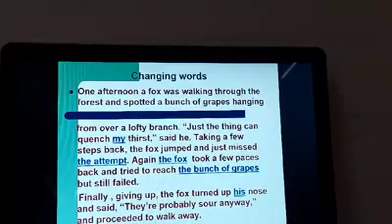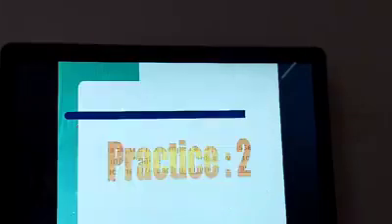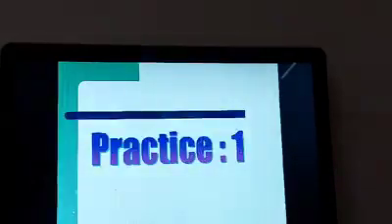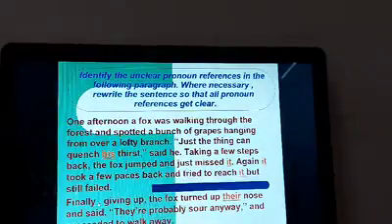Your passage, your paragraph will be written again, and the words will be underlined, and if possible try to use another ink so that you can help your examiner and you get quick marks. That is all about practice 1. And please remember, you have to practice more and more, because every time you will be facing new things, new expressions, which will enhance you, help your understanding, and you will be a better performer.